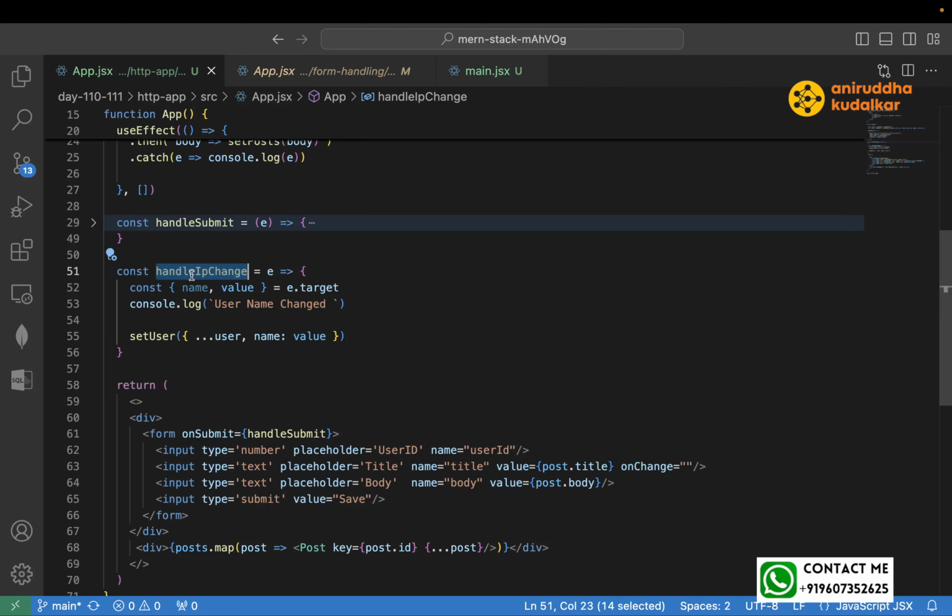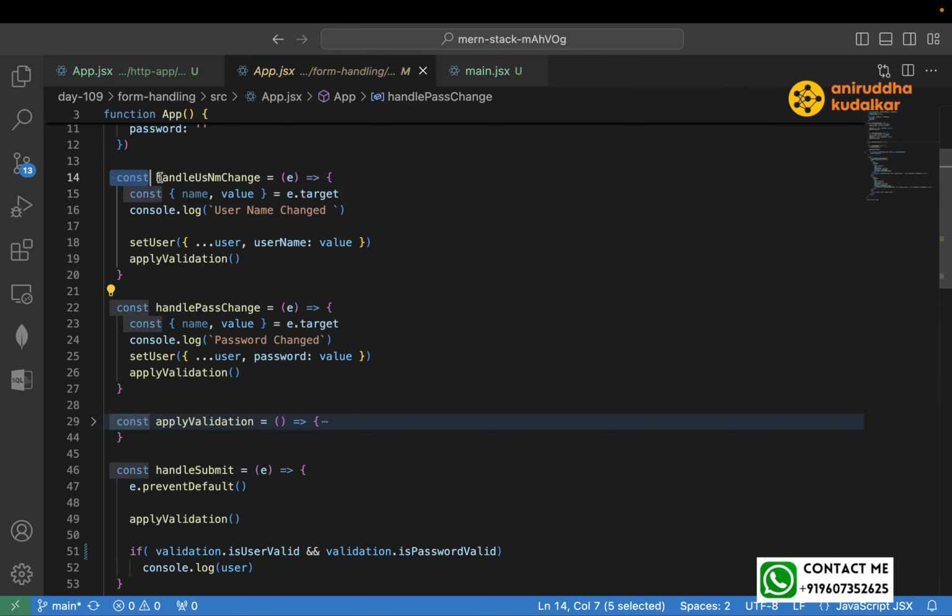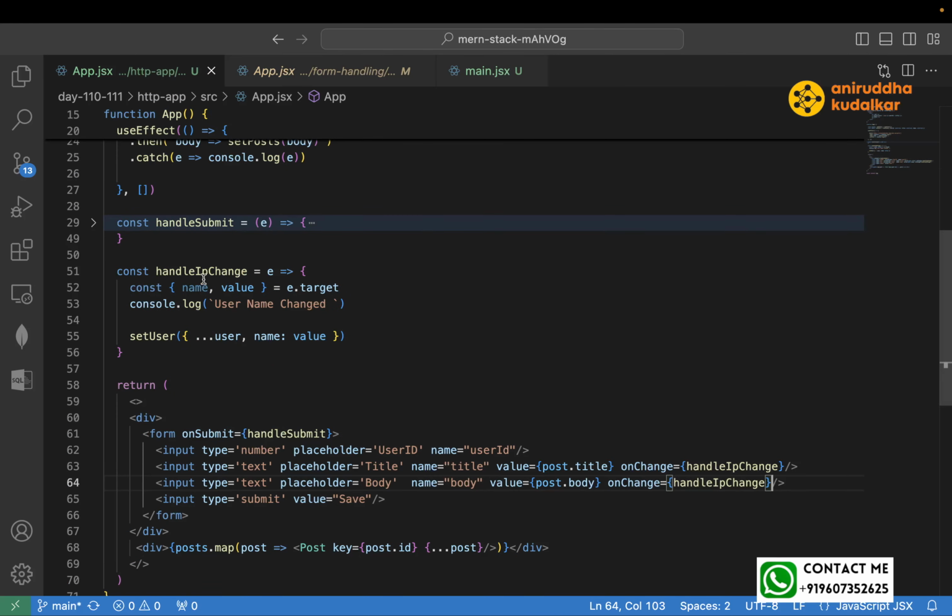So on change, handle input change. See, multiple times you can use it. Here we have used separate functions, handle username change, handle password change, but here it's not like that. Name colon value,